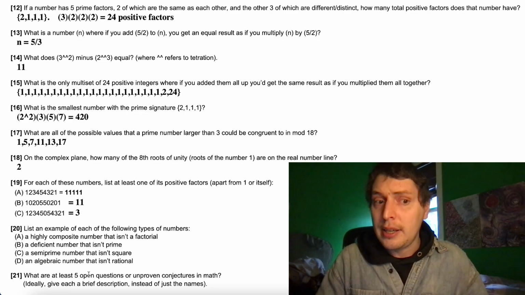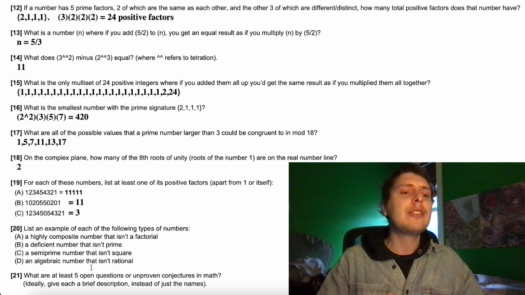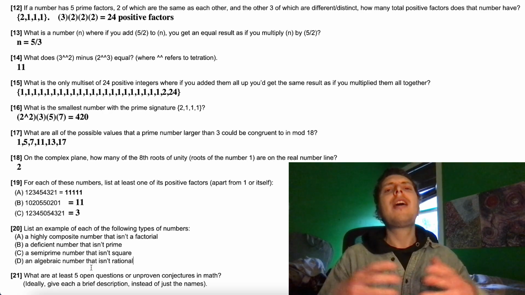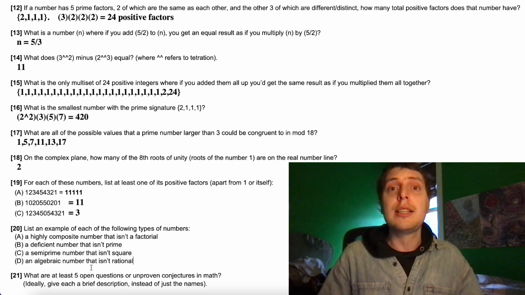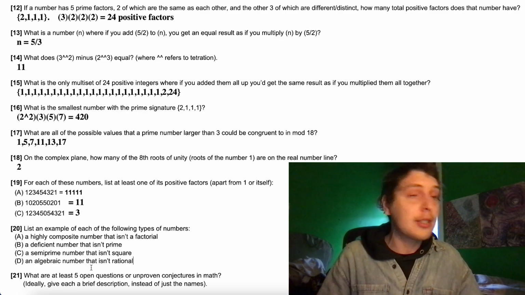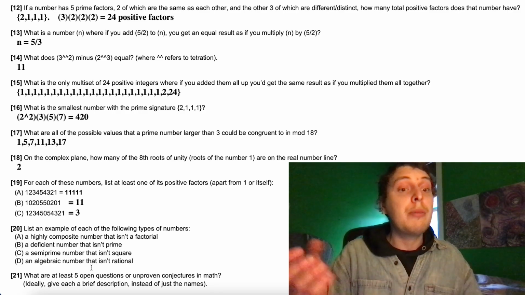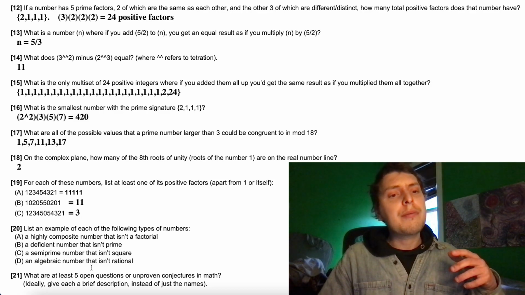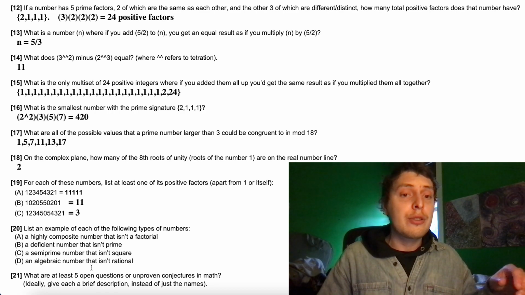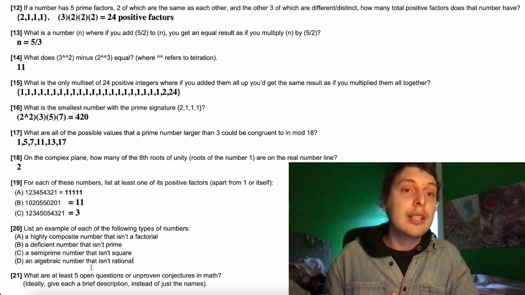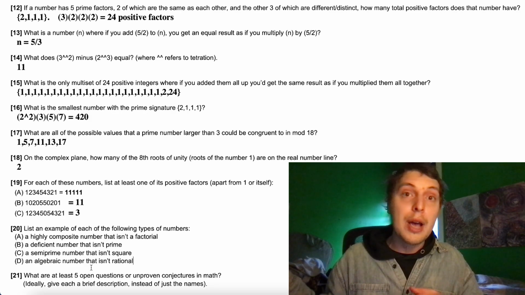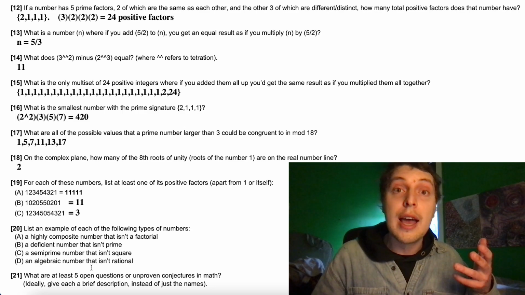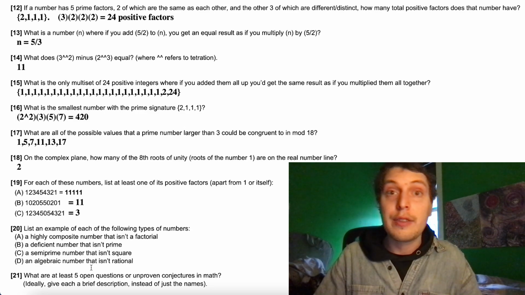And lastly, for the mathematical section, I asked, what are at least 5 open questions or unproven conjectures in math? And there are tons of answers you could give to this. There are many classic open questions discussed, such as the Collatz conjecture, the Riemann hypothesis, the Goldbach conjecture. And those ones that I just mentioned were not explicitly described or didn't have full episodes about on the Combo Class channel yet. And so I'll mention here a few that I did mention explicitly on the Combo Class channel